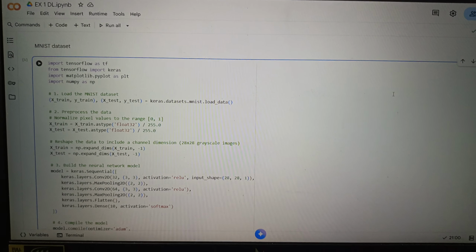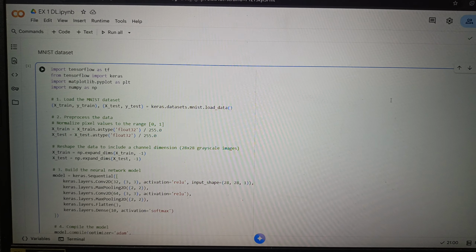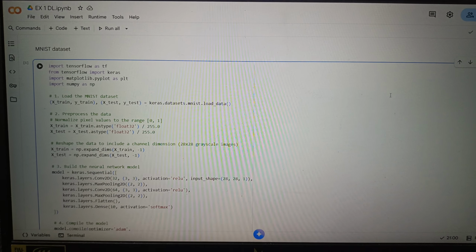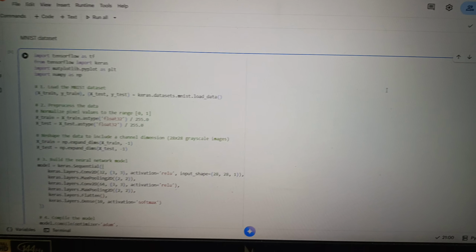Hello, my name is Karthiban and now I am going to explain the first experiment of deep learning lab, which is the multi-class classification problem